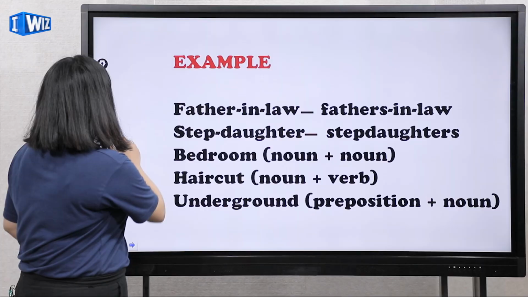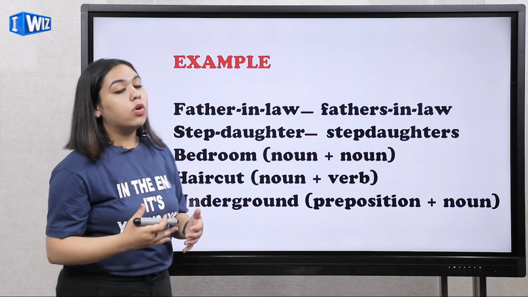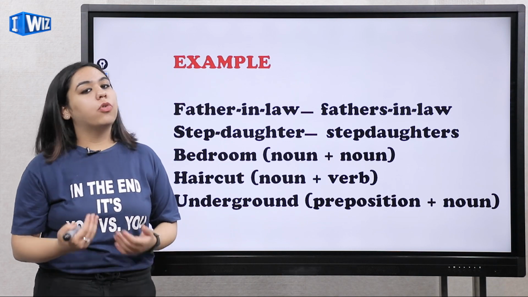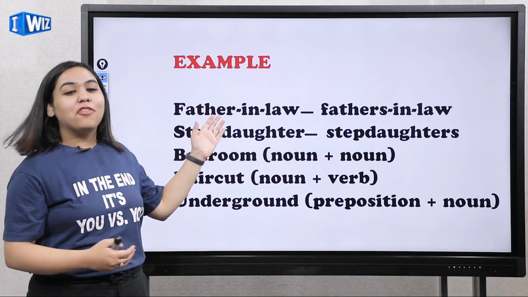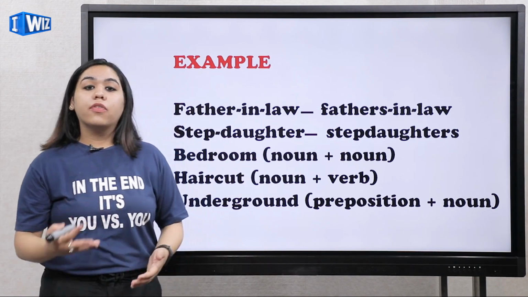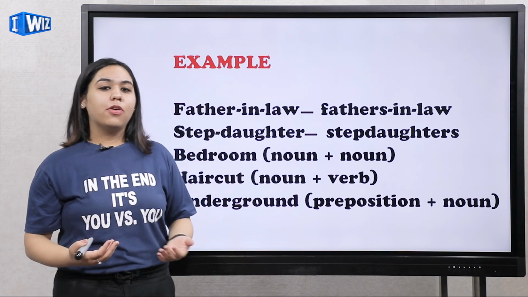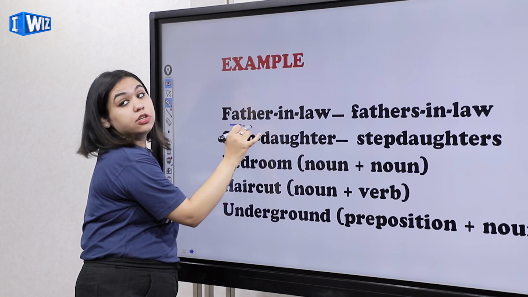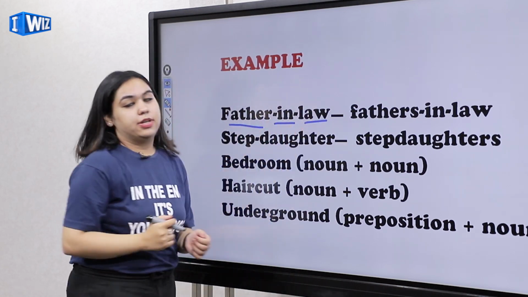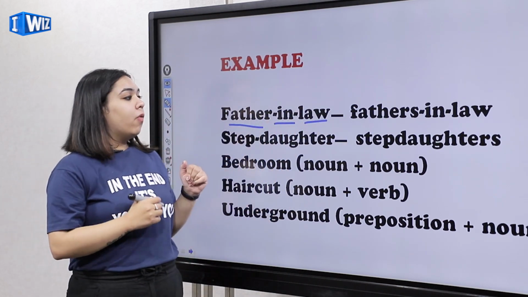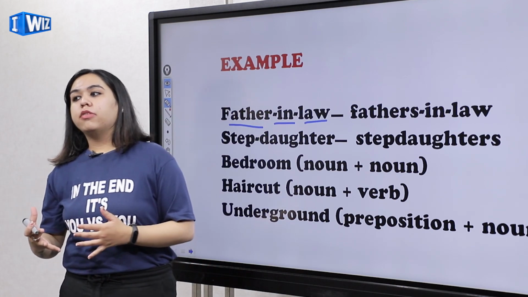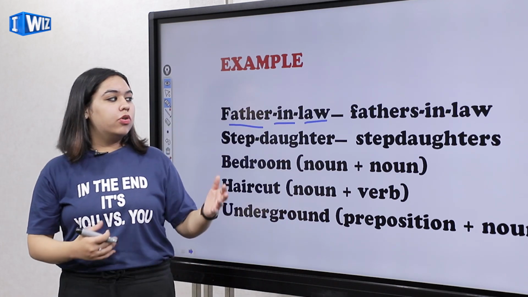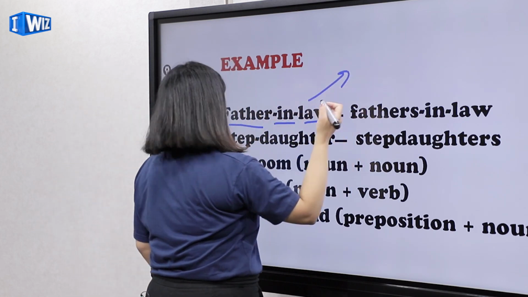Okay, now here are some examples. Earlier also I mentioned that compound nouns could be made by forming two words or more than two. Now, you must have heard of these words: father-in-law, brother-in-law, sister-in-law, mother-in-law. Yes, so you will see here that these are made up of more than two words. These are the three words. Okay, so what is the point? What is the major point where I find people making the same mistake? Whenever converting into plural, people tend to say that